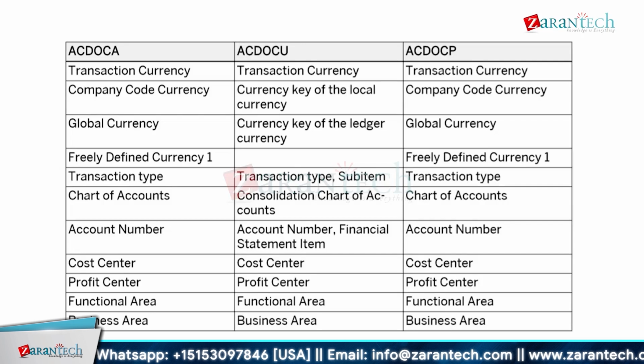One row of data can hold only 3 different currencies. If you want any additional currencies for consolidation, because our objective is to consolidate only, in which currency I want to consolidate it, for that I have to set up a separate version. We will understand that. Then in ACDOCP, you will have the currencies as per your ACDOCA, the